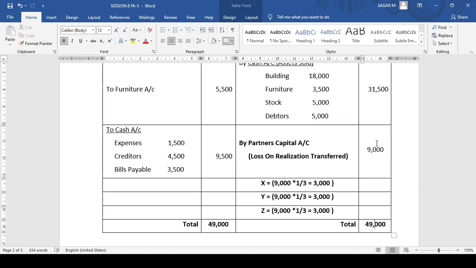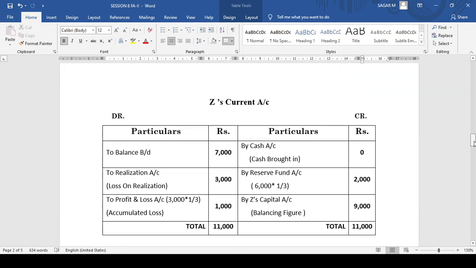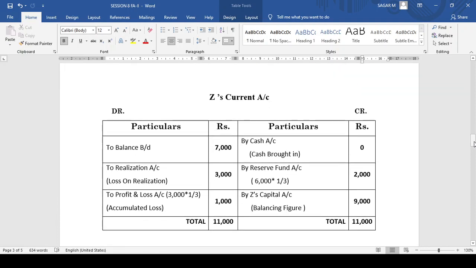As these three partners are equally sharing the profits or losses, this 9,000 is divided among all the three. So 9,000 into 1 by 3, 1 by 3, 1 by 3. All the partners are getting 3,000, 3,000, 3,000 as their share of realization loss. After this, as I told you, when the capitals are maintained under fixed method, the current account will come into picture. Any adjustment regarding the accumulated profit or a loss should be carried out at